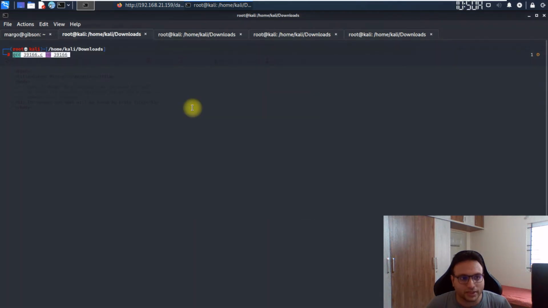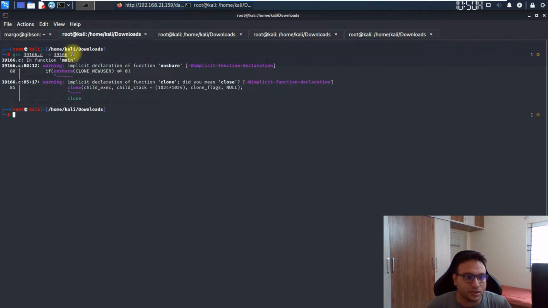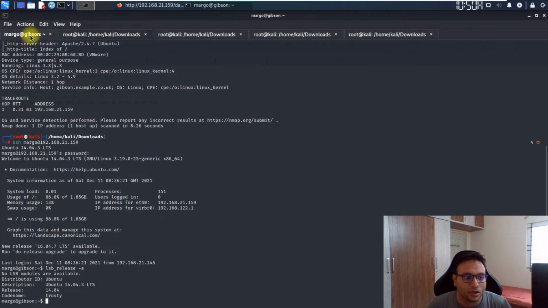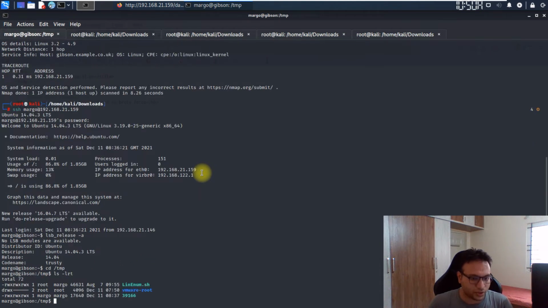Now you simply have to run this to get it compiled. Once you're done with the compilation, the file is ready right there. We simply have to download that file on my setup. We'll go to the temp folder of this machine and search for it to see whether it's present. It's already present. So what we have to do is run this command by which we can download it. As I have not reset this machine, we can see this file is already present there. So this is one other thing we have to do.